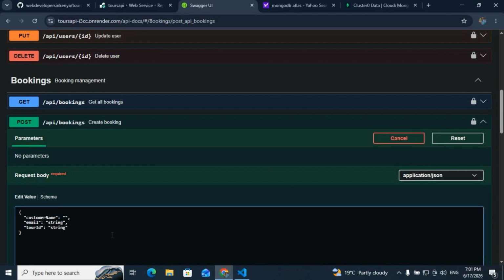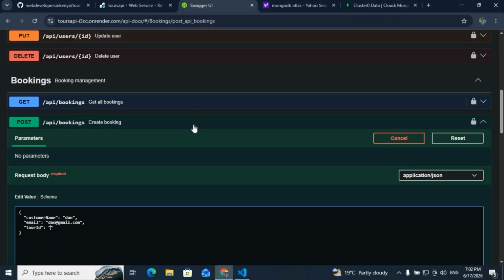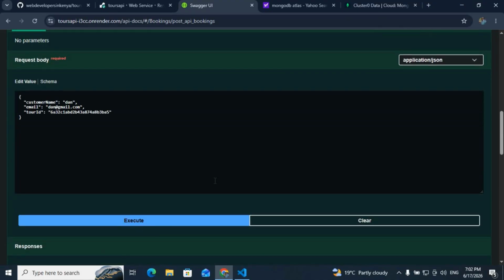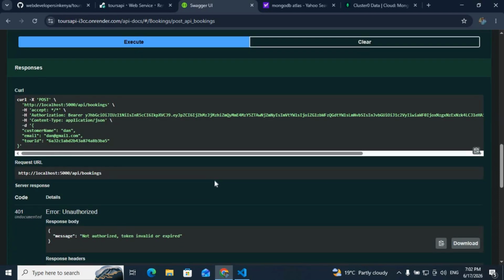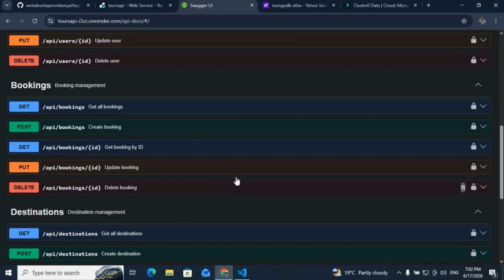You can create another customer name, like say Dan, then email, say Dan at gmail.com, and then tour ID. I'll come to MongoDB and select the tour ID. Maybe I'll just check this one here. There are so many tour IDs that I've created, so I'll copy this and come back here and paste it there. And say execute. Okay, so when I execute,